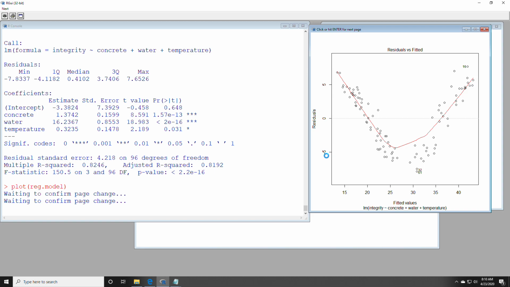So I've mentioned before, this could indicate that a quadratic component, like a squared component, is needed. Okay, but it can also indicate something else. It could also indicate that an interaction term is needed. And so you might just have to try the things for yourself. You could try adding concrete squared, water squared, and temperature squared into the model and seeing if that fixed this. I don't think it will though, because the reason it looks like this is because there is a very